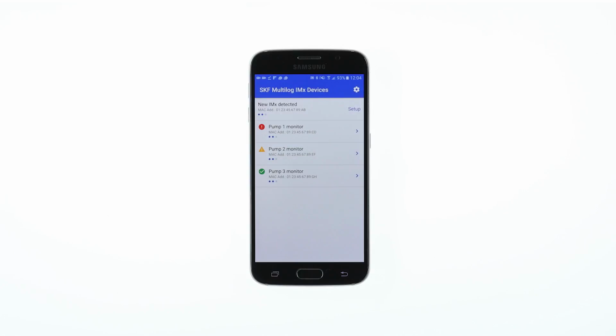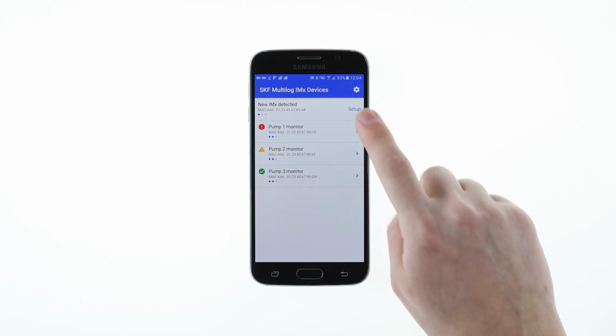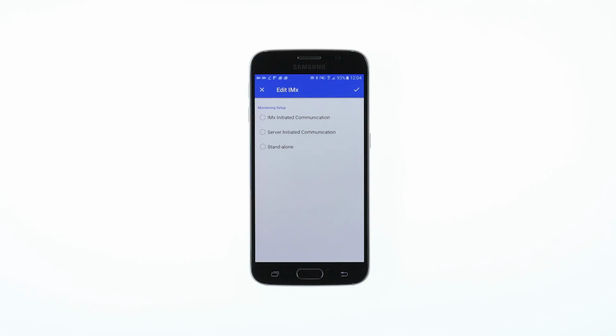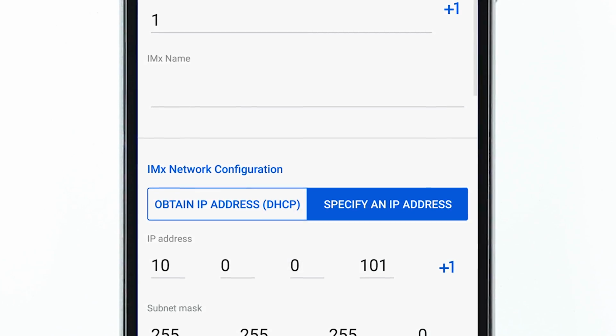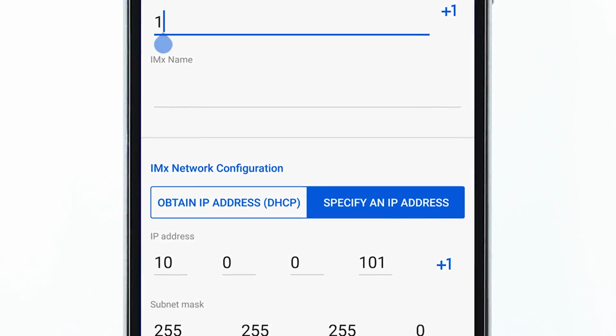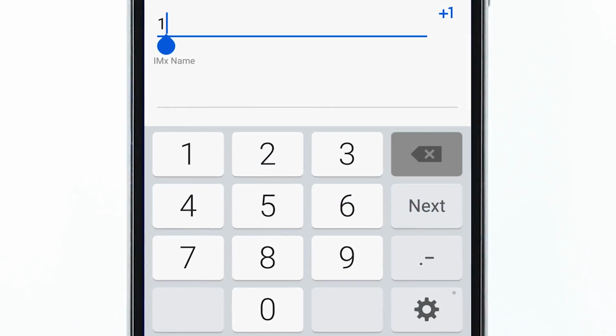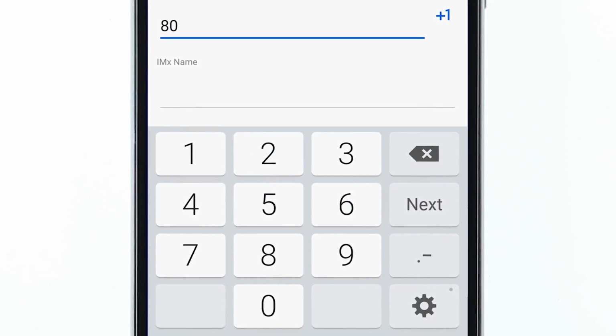There are two ways to configure an IMX in standalone mode, manual or with a machine template. Start by tapping on the Setup button. Then tap Standalone. To begin, set the IMX ID by manually typing in a number between 1 and 9999 or by using